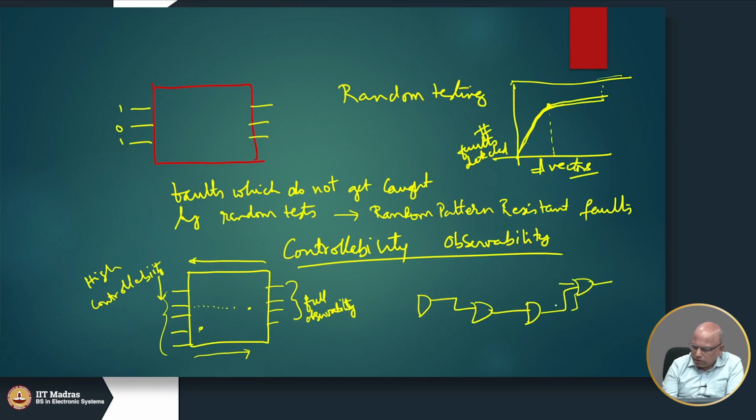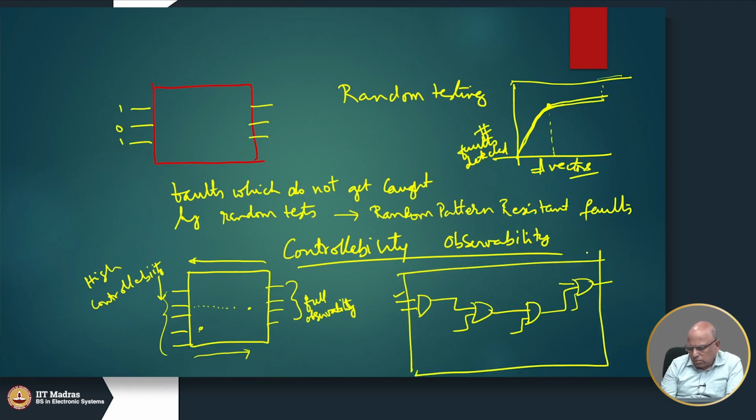So, if I have something like this, see this line, I can control it to anything I want; this is a primary input. But if you want me to control this line to a logic 1 or something like that, I had to first control the OR gate here. Okay. So, maybe I can do it by setting this to 1 and this to 0